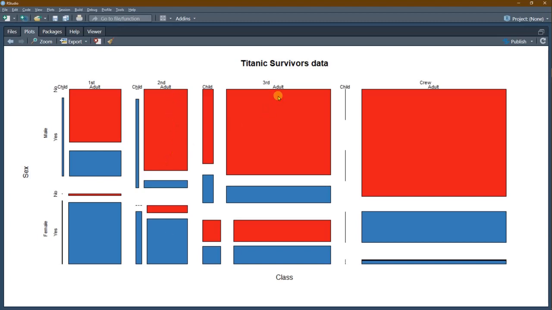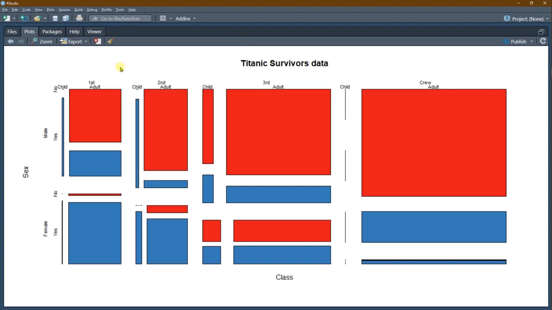In the case of third class, we can see again almost all men have perished, and some 50% of the women have survived. In the case of crew, there were no children, only adults. In adults, you can see here the survival is like this. The very bad survival, all crew members have sacrificed themselves. So this kind of data can be nicely plotted in a mosaic plot. Complex data, but it should be in the form of an array.